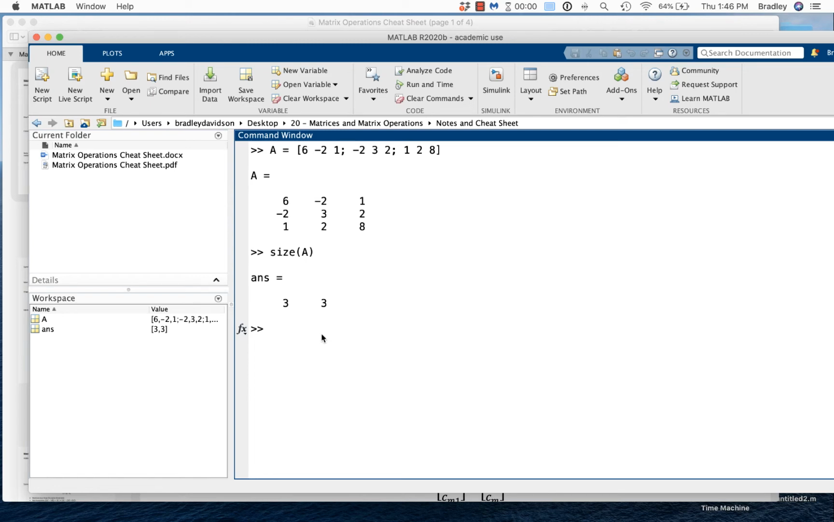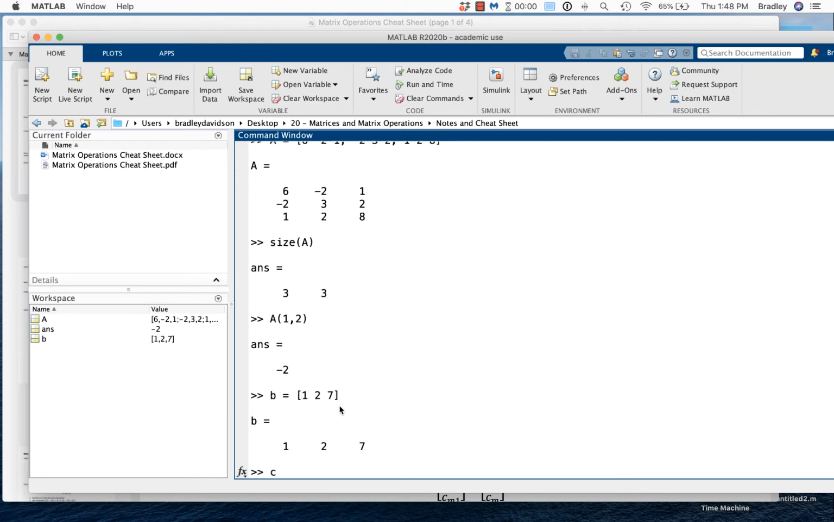And using our index notation, if we want to get, let's say, this element here, this -2, that would be A, and then we would give it the row, which is the first row, and the second column, and then our answer is -2. Similarly, if we had given it a row matrix B, which is 1, 2, 7, and let's say a column matrix C which is 9, 4, -1, and 3,